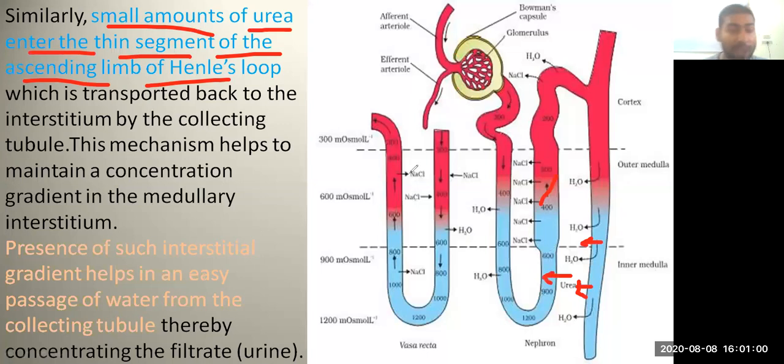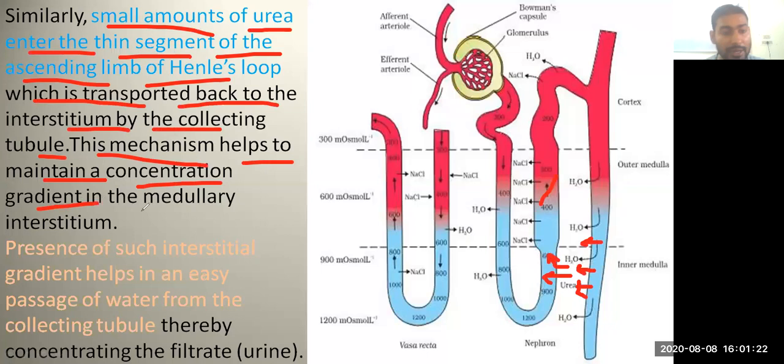So this I have given, and it is transported back to the interstitium by the collecting tubule. So they have given, from the collecting tubules it is transported back into the interstitial fluid, and from the interstitial fluid it enters into the ascending limb of the loop of Henle. And this mechanism helps to maintain a concentration gradient in the medullary interstitium. So that's why here NaCl is also released, and urea is also released. Due to this, they have maintained the concentration gradient. And the presence of such an interstitial gradient helps in an easy